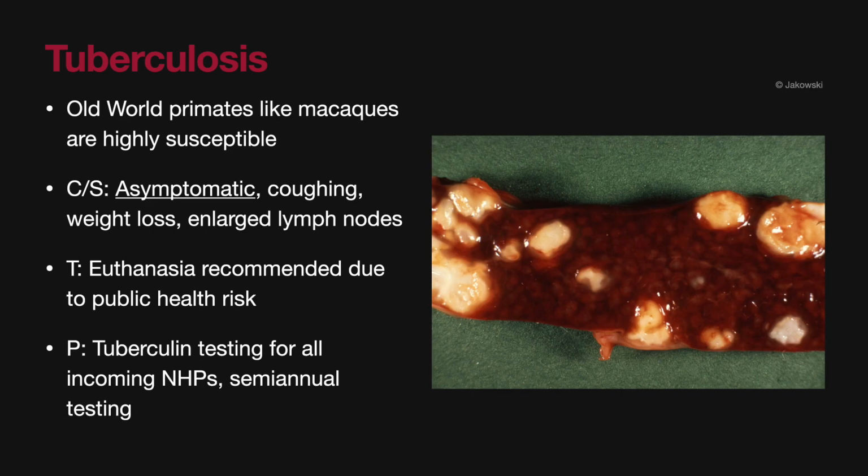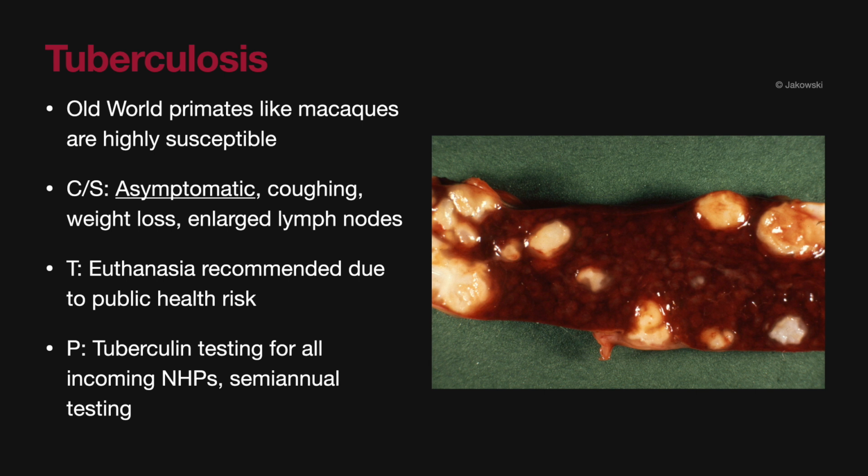Tuberculosis is most common in Old World primates like macaques. Many animals are asymptomatic, but they can show signs such as coughing, weight loss, and enlarged lymph nodes. Euthanasia of affected or carrier animals is recommended due to the public health risk. Preventative measures include tuberculin testing for all non-human primates that are entering a colony, and semi-annual testing to help identify